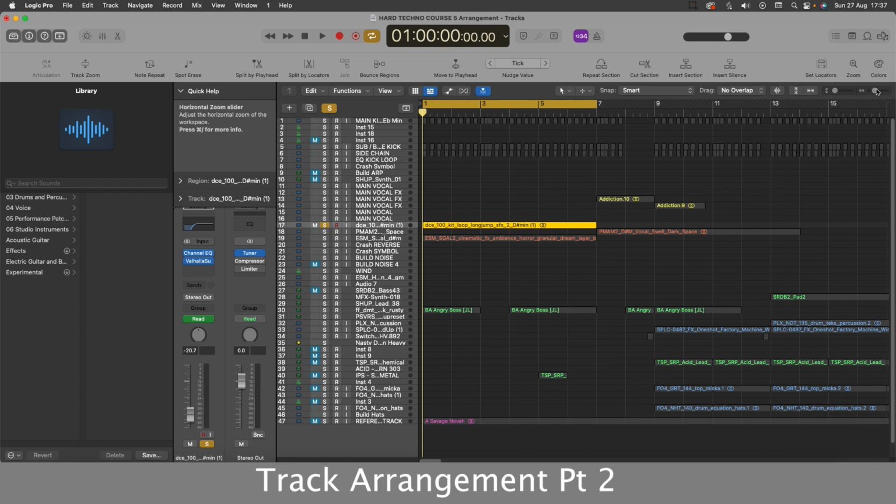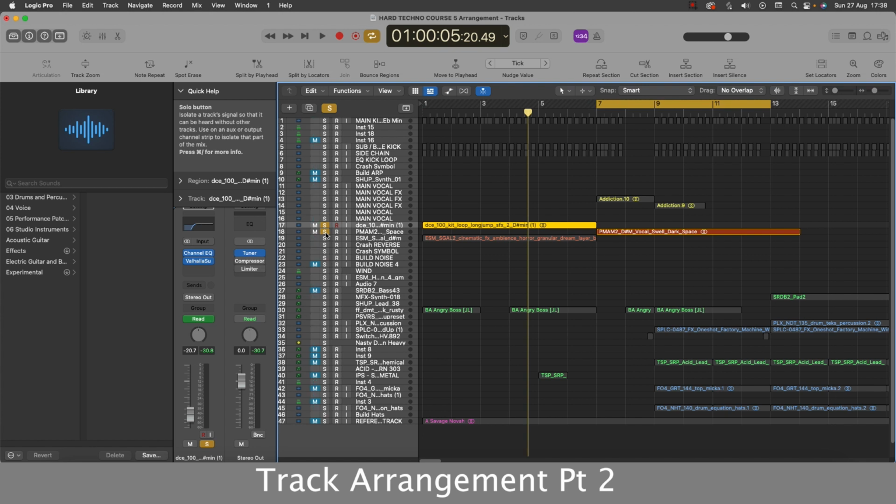Okay, so moving on from there, I've started fleshing out the intro of this track. I've added a couple of ambient samples from Splice that I felt added a bit more character and atmosphere. So this first one, it's quite a haunting long string there, which I've added Valhalla reverb to, which extends it further and gives it more depth. The second being this vocal swell, which I again added the reverb to.